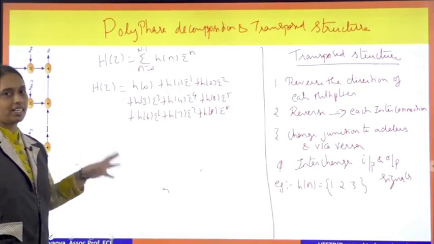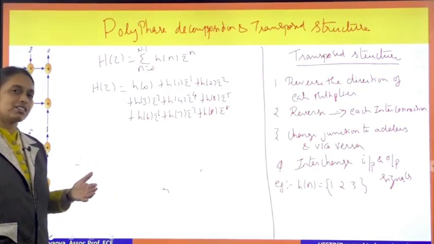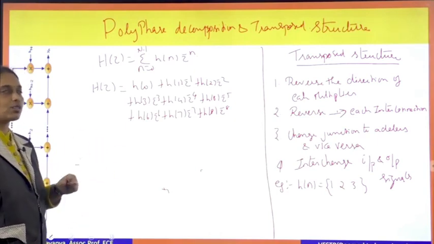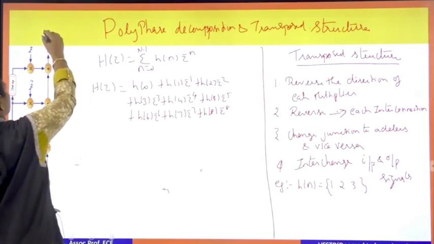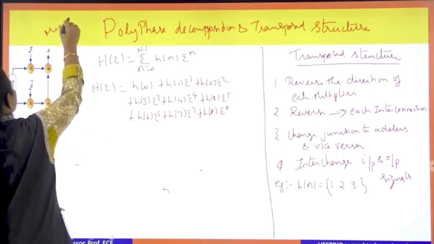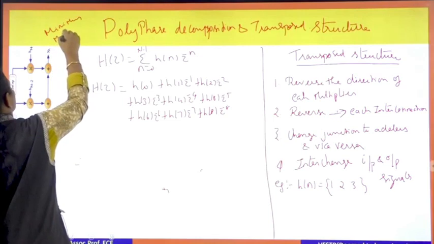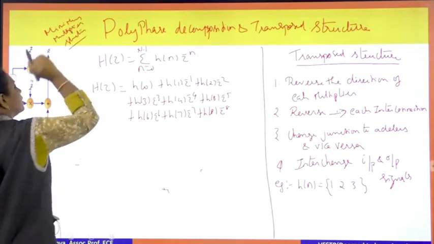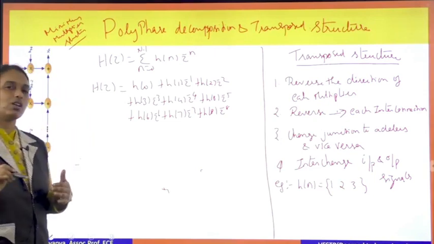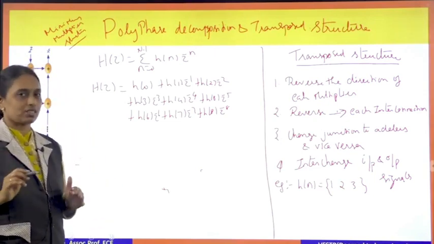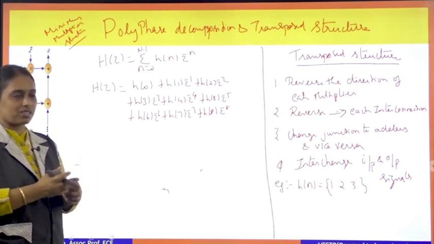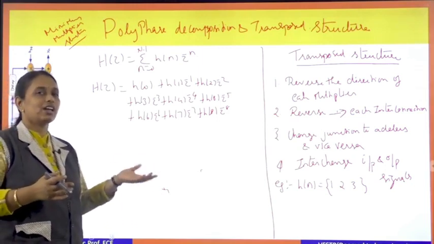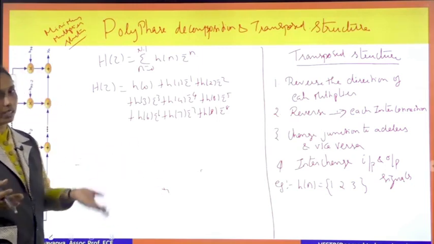So far we have seen linear phase structures. These linear phase FIR filters for n equal to even and odd, we have realized. It is also called the minimum multiplier structure. Don't forget it. So linear phase filters are also called minimum multiplier structures. In a question they may ask you to draw the minimum multiplier structure, which means you draw the linear phase structure depending upon the n value, whether it is 8 or 9, that is, odd or even.